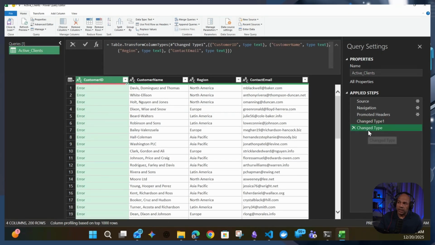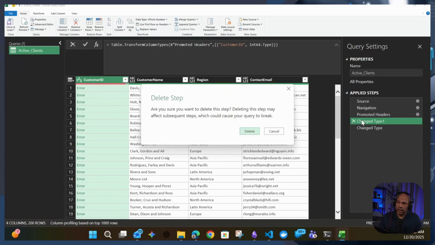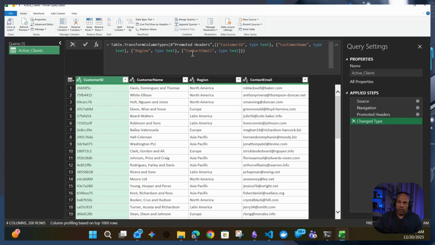Then if I go back and say, okay, let me convert it to text, and then I'm saying customer type now is text, it is still an error. It says it's text, but before it could get to that step of converting it to the right data type, it already tried to convert it to the wrong data type. So in order for us to do this right, we actually have to convert the number at the right place without causing any error. So if I delete this step, you can see here now that we have the error